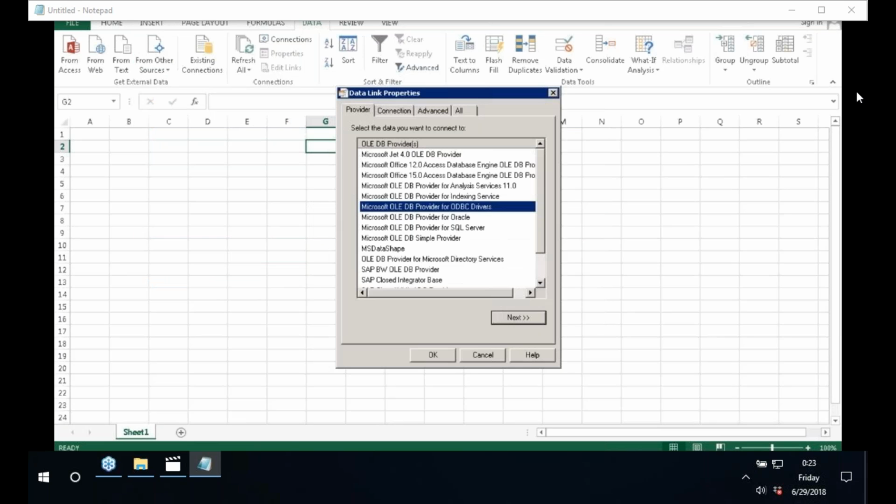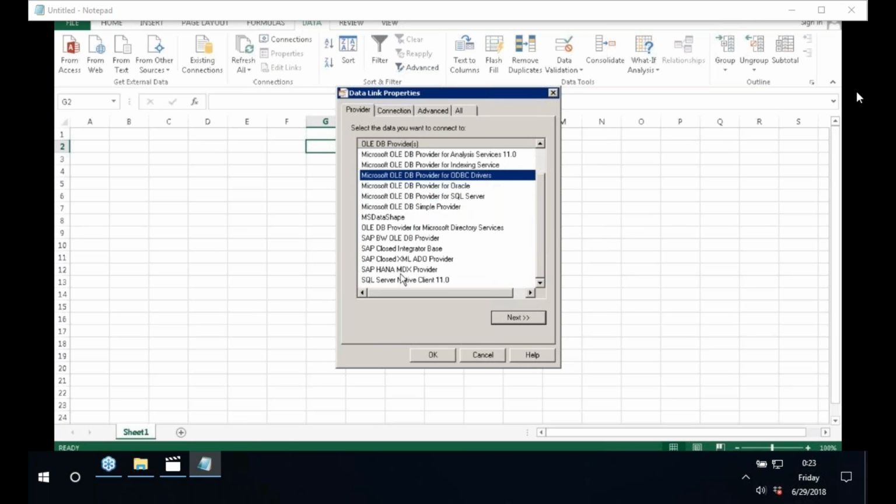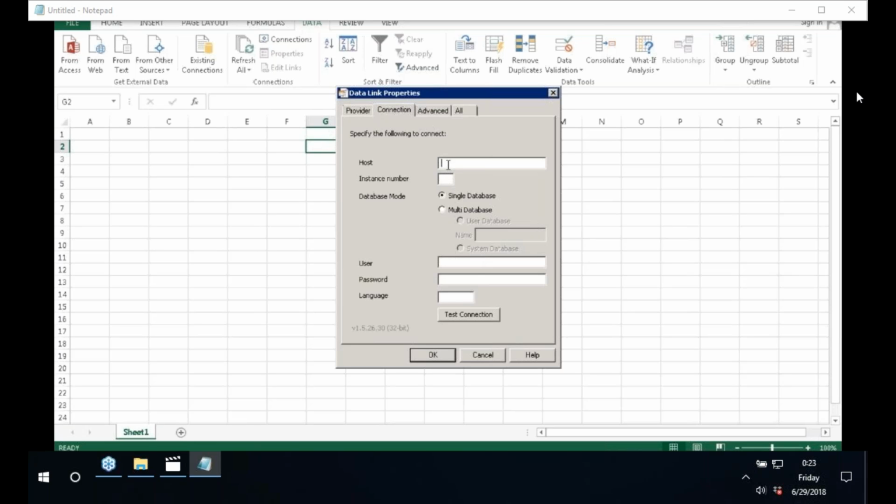Once we click Next, here you should be able to see a provider called SAP HANA MDX provider. Once I select this provider, click Next, provide the host name, SAP HANA, instance number 01, username is best, password is W capital, welcome 123, language is EN,